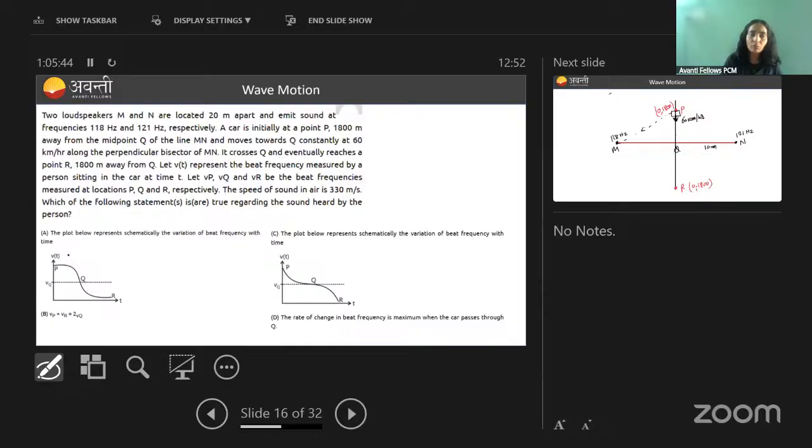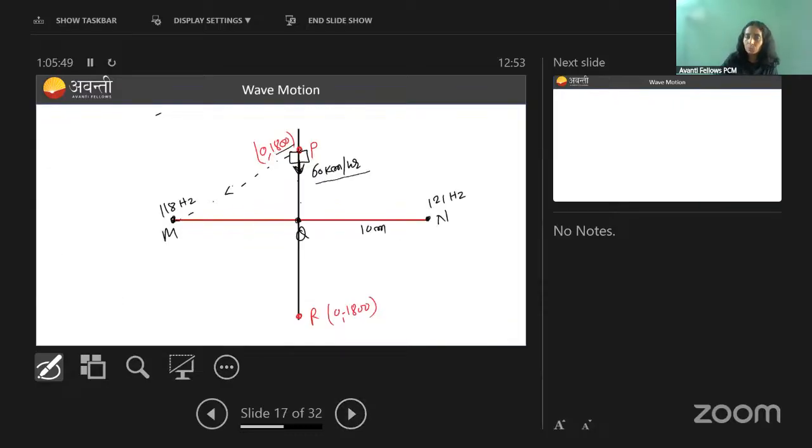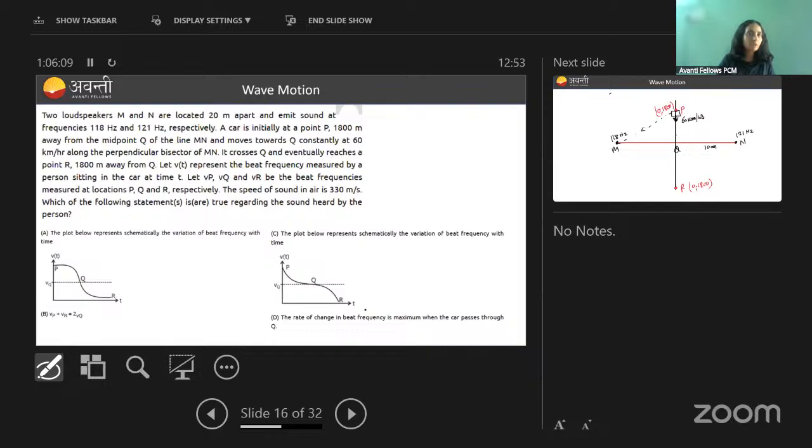Then we are asked different things. We are asked how the beat frequency will change with time as this car will approach Q and then move to R. So this car has to move from P to R. Done it? And during this time, we have to tell how the beat frequency is going to change. If not the exact diagram of how frequency is changing with time, roughly we can guess from the diagram which one is going to be correct. And then we need to talk about what